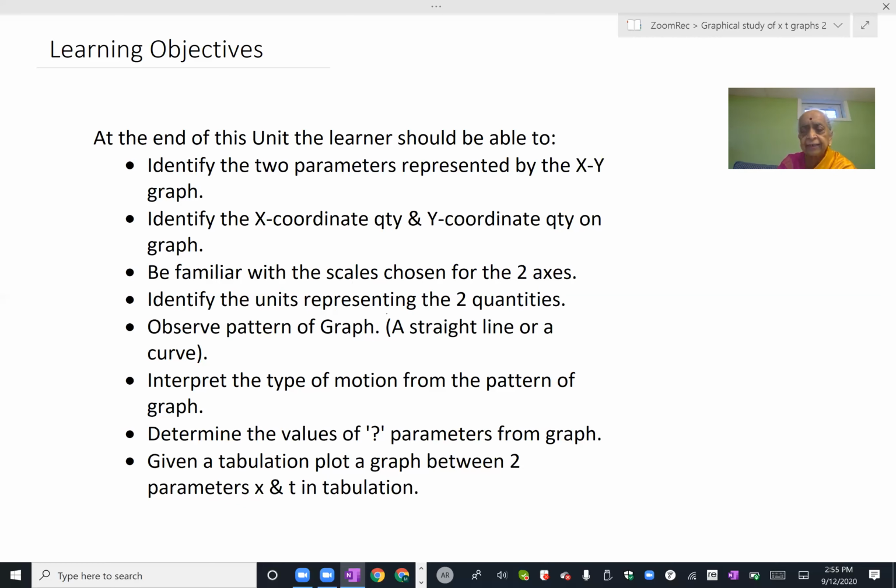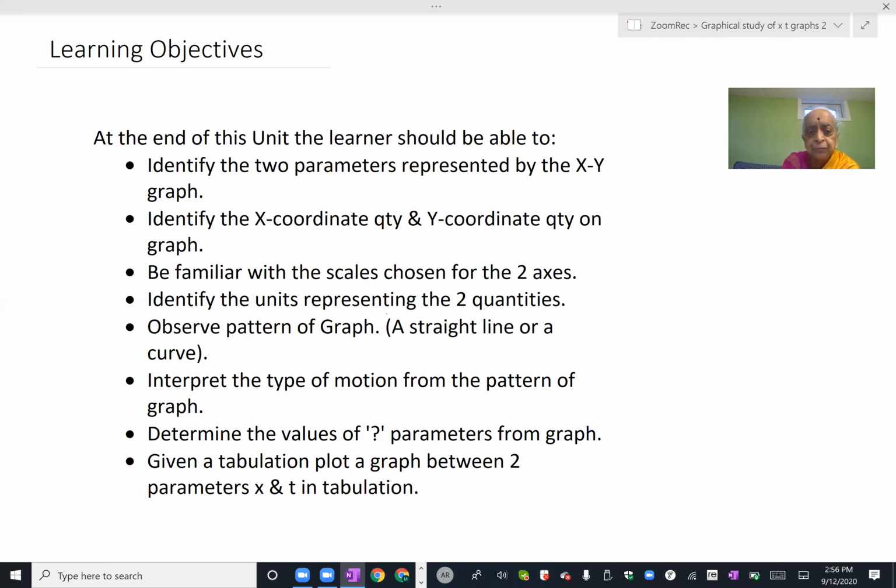For the x coordinate, it can be in terms of 1 hour, 2 hours, 3 hours, 4 hours, etc. Or it can be in terms of minutes, or it can be in terms of seconds. So more often than not, for the beginners that we are, you can take the time to be in seconds and position to be in meters, both of which are in SI.